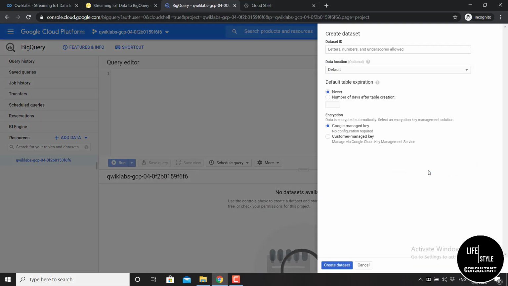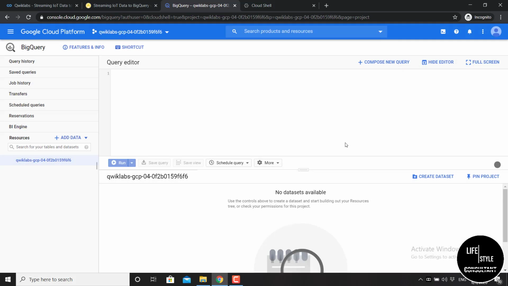So you have to type here the dataset ID, and you have to type here sensor_hub_data. Please note that the H and D are in capital letters. Okay, after that just click here, create dataset.